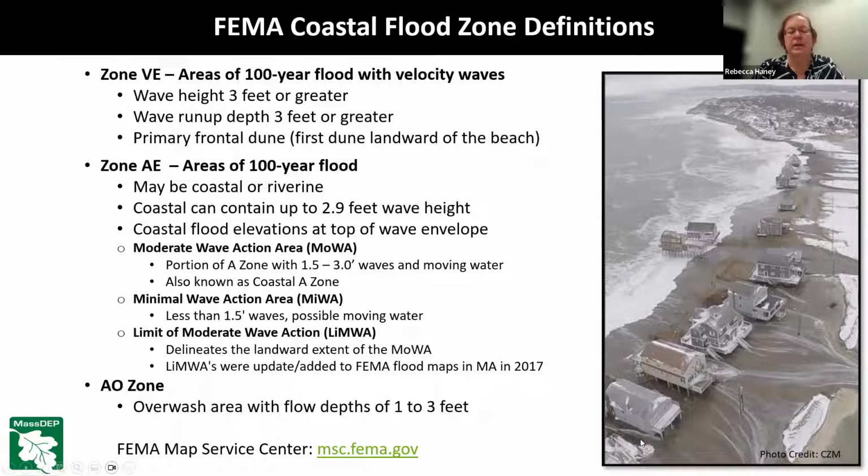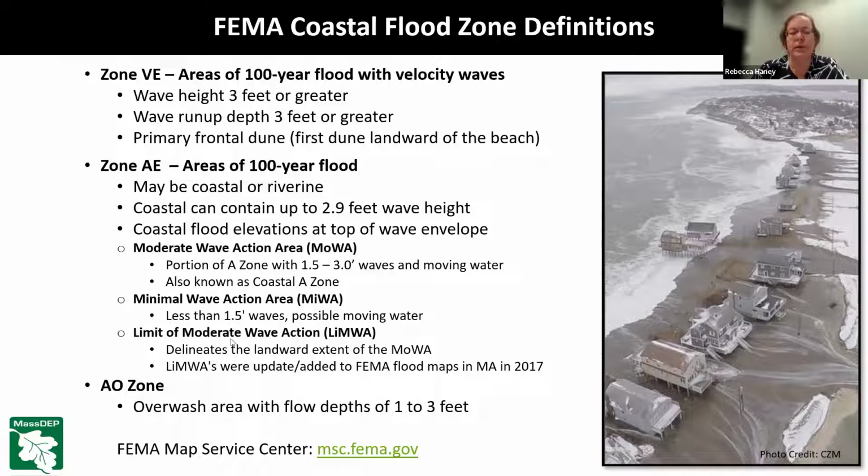Thank you, Mia. So FEMA has a number of different coastal flood zones for the coastal floodplain. Most of the ones that you're more familiar with in the past have been the V and the A zones, but there's a little bit more subdivision within those zones now. We're going to see more terminology coming in. You've seen it in the draft Land Subject to Coastal Storm Flowage regulations, and it's also going to be in the new building code. So it's important to understand the details of what the terminology is, what it means, and how to find it